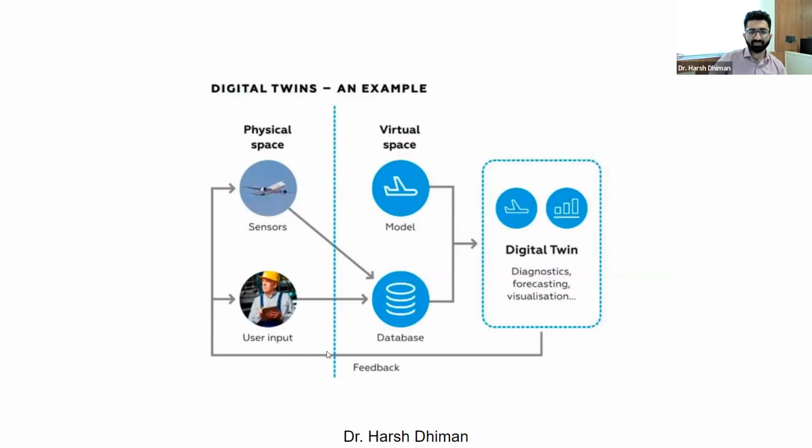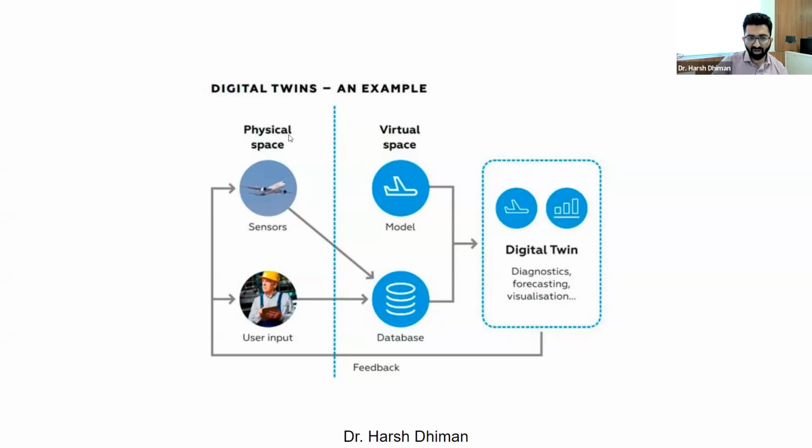So yes, this is an example, just a rough framework of what a digital twin looks like. You have your physical asset. Let's say this is an airplane. So the airplane is my physical asset, the asset whose digital twin I want to create. This layer is known as physical space, where your physical asset is present. Via this physical space, you collect data via sensors and you store it in a database. Sensors are used to collect data from this physical asset, and that data is stored in a database. Now this database becomes a central aspect for creating a digital twin.